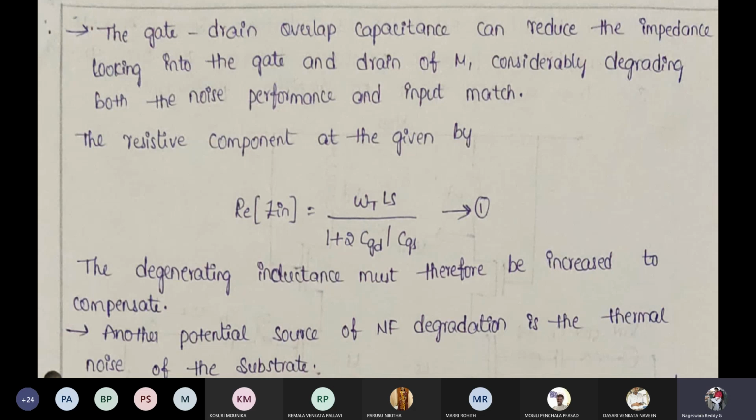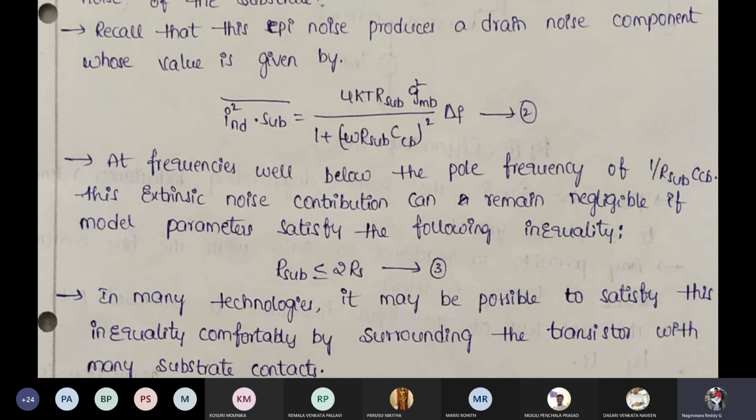So another potential source of noise figure degradation is the thermal noise of the substrate. Recall that this is epi noise. Epi noise produces a drain noise component whose value is given by